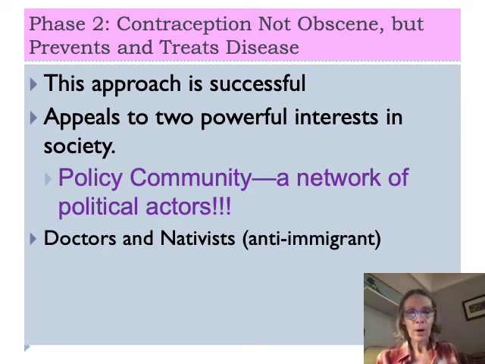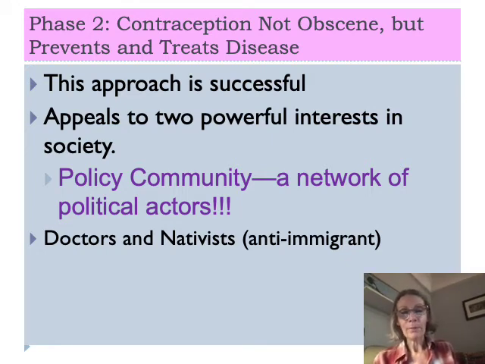So Margaret Sanger said to doctors, hey, if you help me weaken the Comstock Act, then you're going to have more clients, more people will come to you for birth control, you'll be able to make money, and also you'll be able to work on new forms of birth control, like a hormone pill, and you could make money by doing that. And the doctors were like, giddy up, we'll help you weaken the Comstock Act.